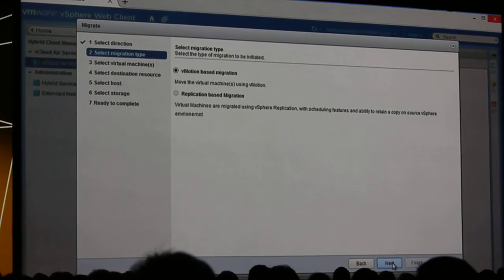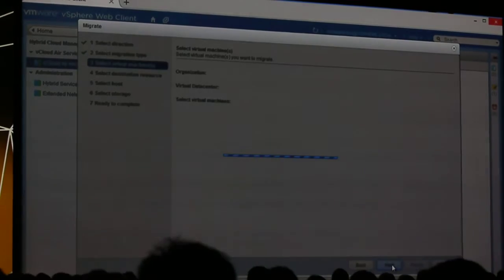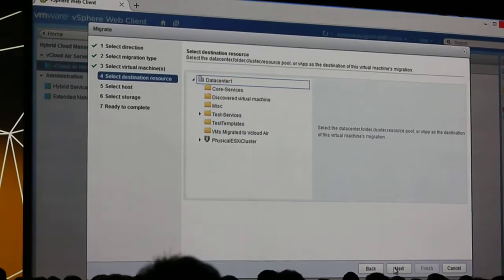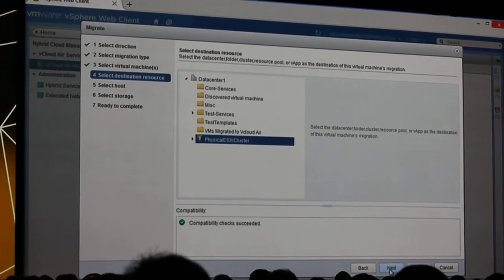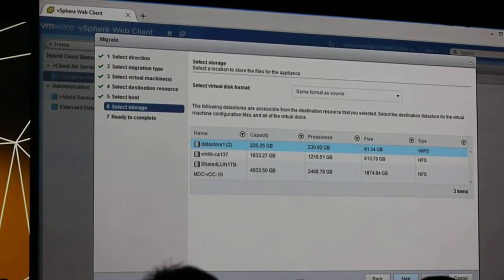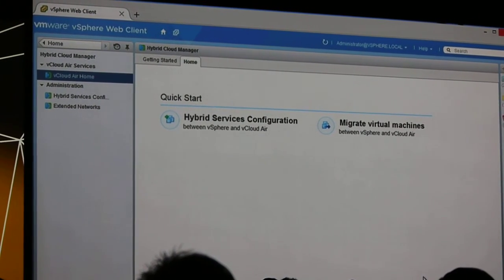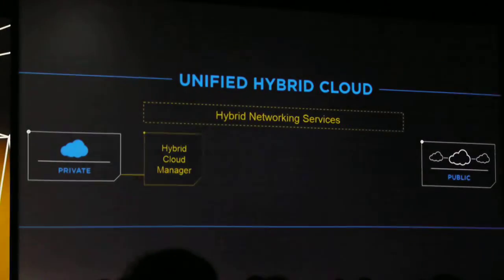So I'm going to go back to my familiar user interface again. I'm going to pick a different VM this time, my LDAP 5 server that's already in my Virginia data center. I make a connection to my on-premise ESXi and to my data store. This VM will be on its way from Virginia public cloud all the way to my private Santa Clara data center. So, ladies and